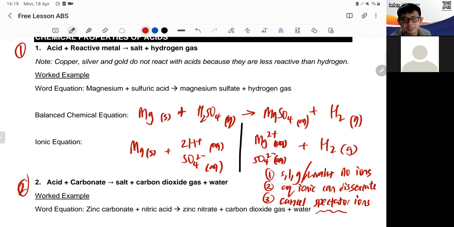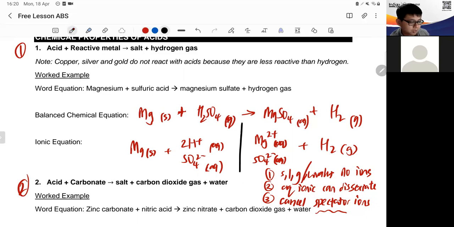When I say spectator ions, the word spectator here means that it's sort of looking, observing the reaction, just looking at it, not doing much. Which means if you look at this equation, doesn't it make it obvious that the sulfate seems to not be doing anything at all? It's simply shifting its position from the acid to the salt with the magnesium. If I want to change the rate of reaction, to make the reaction go faster, I cannot target the sulfate because sulfate is useless to me. Even if I change the sulfate concentration, it wouldn't make a difference. What is actually taking part in the reaction is your Mg and your H+ ions,